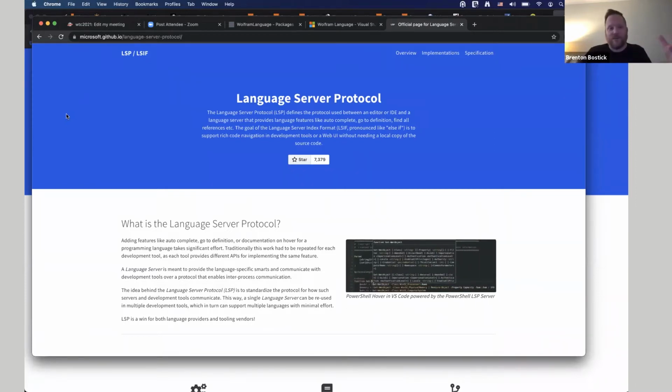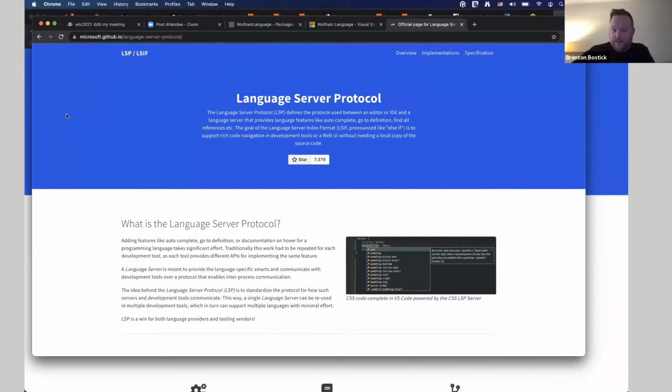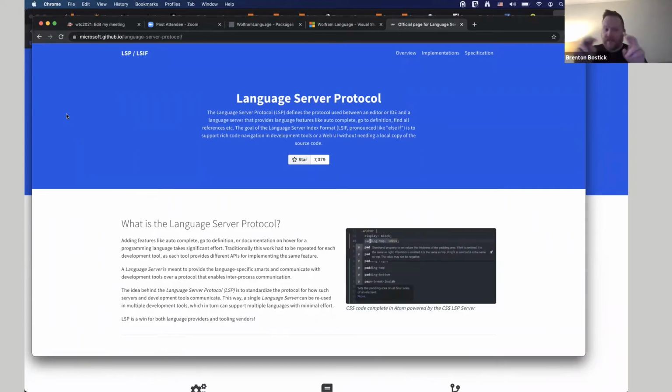There's no library from Microsoft that you need to download or anything, but it is a protocol in the way that HTTP is a protocol that specifies a way that a language server and a language client may communicate,